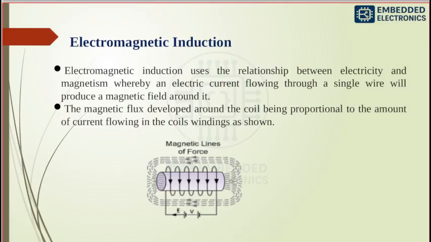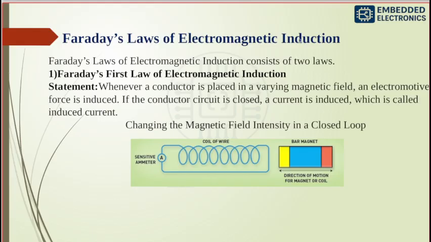So when magnetic flux changes in a conductor, electric current is produced. This is called electromagnetic induction. Next is Faraday's law of electromagnetic induction. There are two laws. First is Faraday's first law of electromagnetic induction, and next is Faraday's second law of electromagnetic induction. So the first law states that